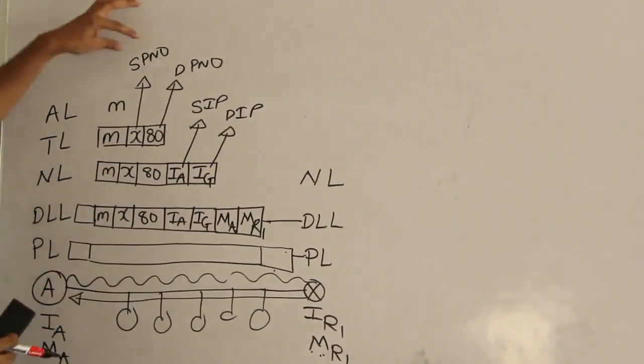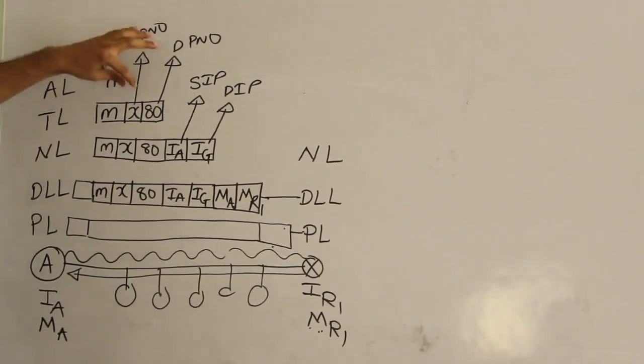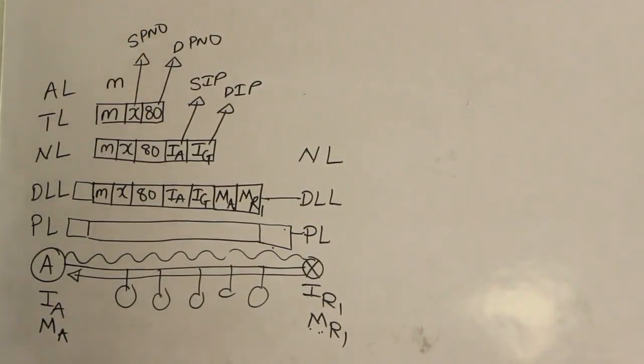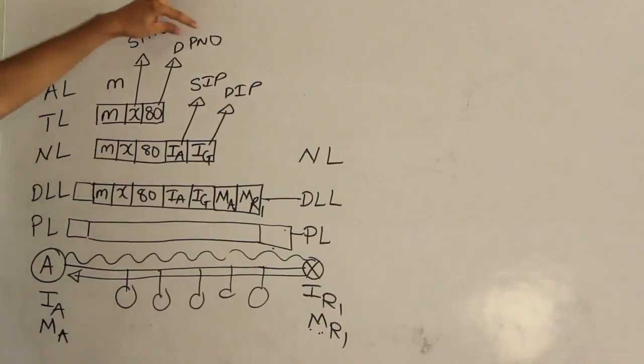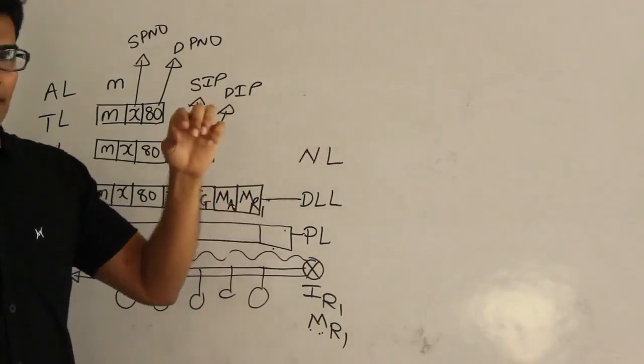Now how do you know the source port number? You are going to set the source port number randomly. X can be any random number and you can choose it as you wish. And how do you know the destination port number? Generally, I'll talk about this again in TCP and port numbers, but for now understand